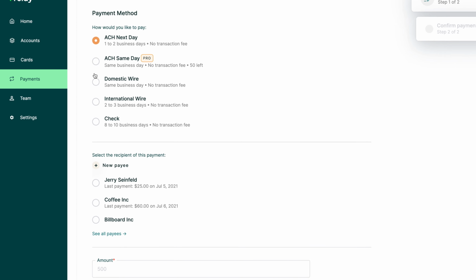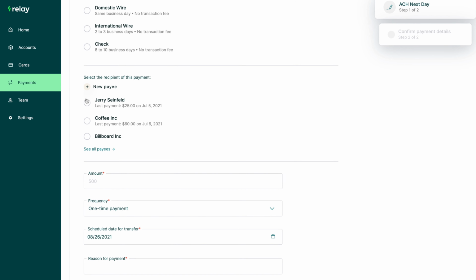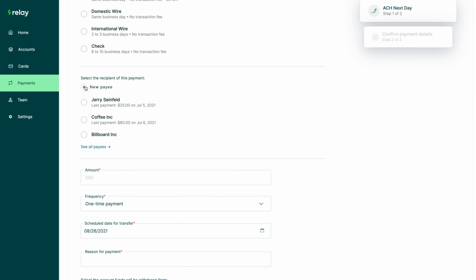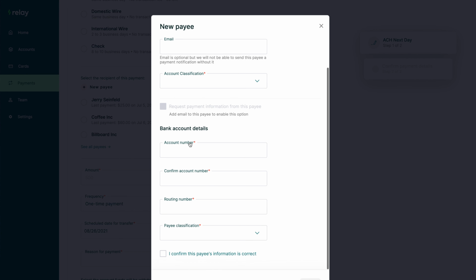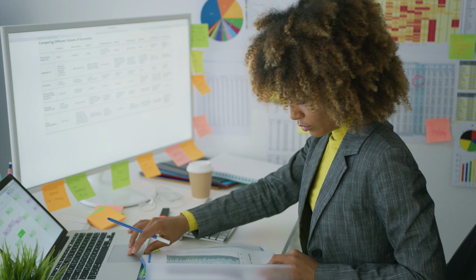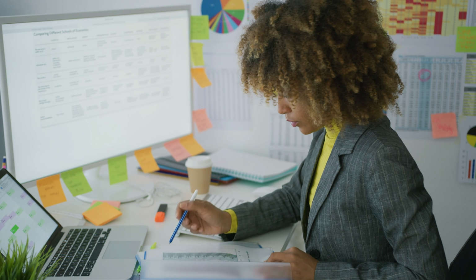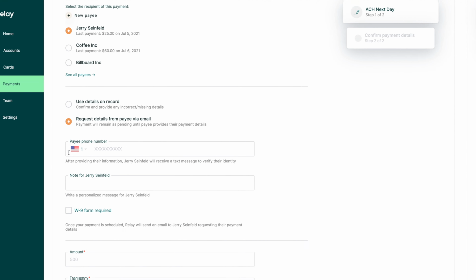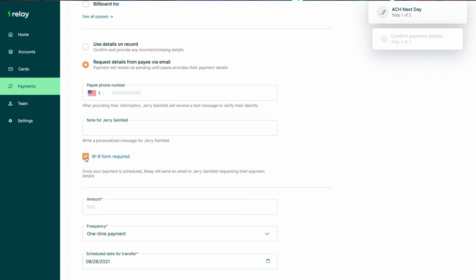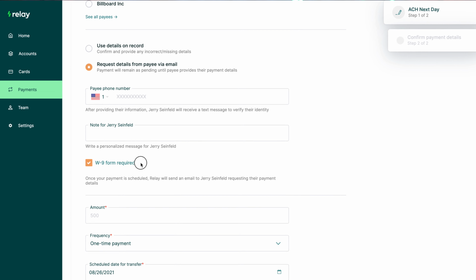Scrolling down from there, I can either select from existing payees, or one of my favorite features about Relay, I can also add a new payee and even request the payment details from right within Relay without me having to actually track down the individual or email them documents or go through that whole headache of actually getting their payment details. And perhaps even better than that, I can even request a W-9 form from the payee,